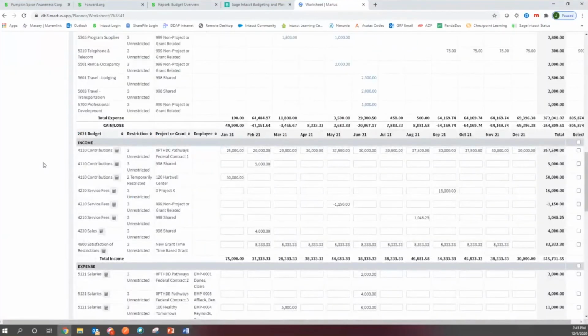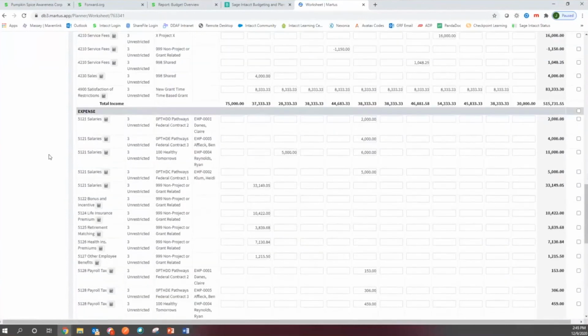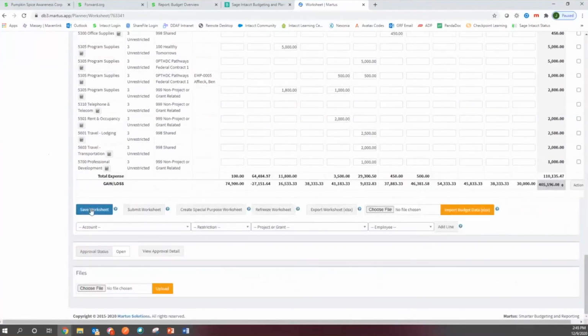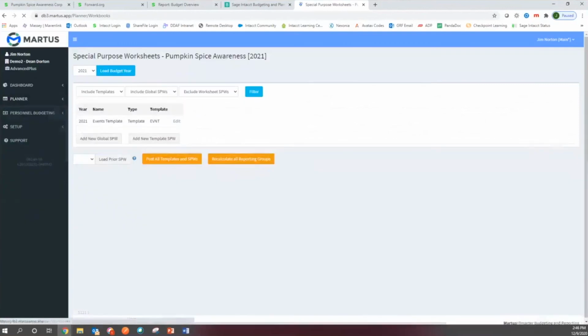The next way to do it, and probably again my favorite because I did a lot of budgeting as a CFO and documented a lot of my assumptions in Excel and wish I had a tool like this. So I'll save this worksheet. Another way to get your budget numbers in is this special purpose worksheet. The special purpose worksheet is kind of similar to